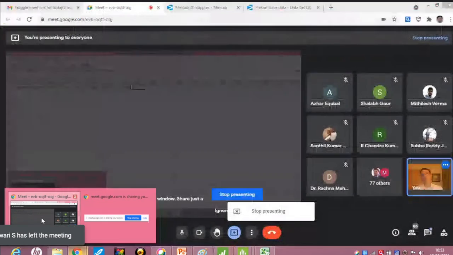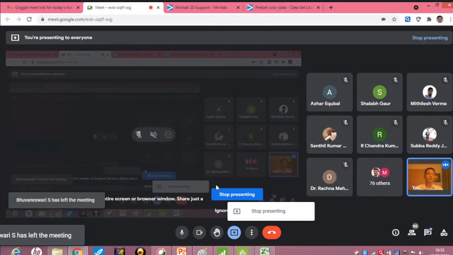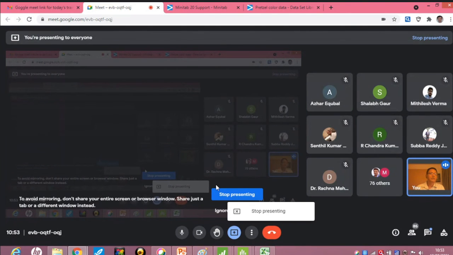In this way, we can reduce the runs if we put a block, but it should be a similar condition, like batch 1, batch 2, or day 1, day 2. There we can put a block, or it can be operator 1, operator 2. If you are using 2 operators for the experiment and want to see the effect of the operator, there we have to put a block, and Minitab will tell you which runs to conduct for operator A and which for operator B. We have to analyze the p-value for the block.